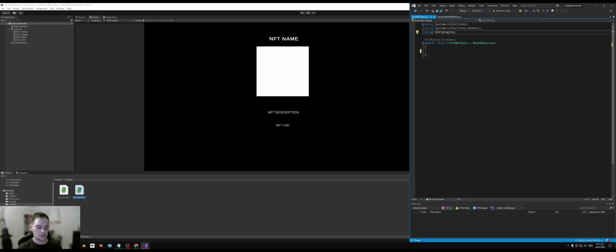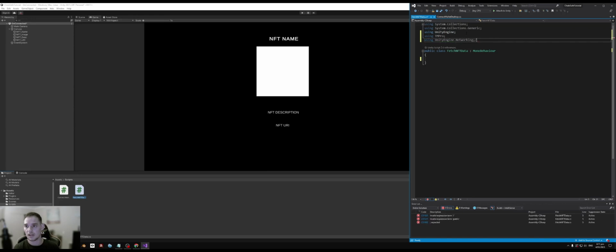We'll need a few things. First will be TMP, because we like fancy text. We need to use UnityEngine.Networking for the web request, and we'll need to use Newtonsoft, because effectively we'll be fetching the JSON and deserializing it to be able to use it. So first things first, we'll need to actually create some references